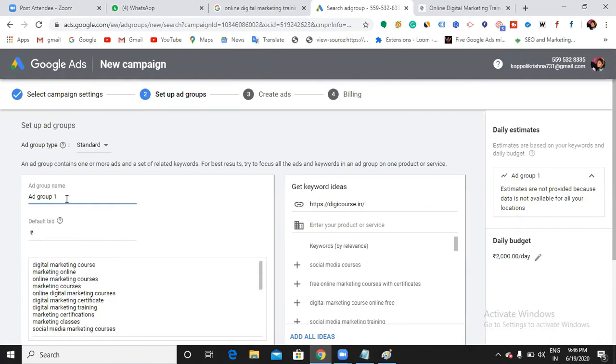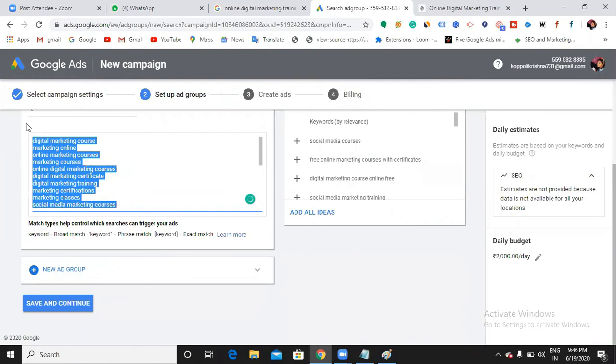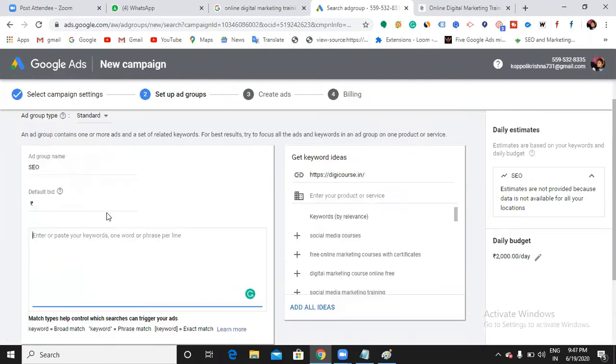First of all, give a name for your ad group. This is what ad group means. I just want to give an ad group name like SEO. Next, here you need to insert the keywords for which you want to show the ad. Let us say I want to show the ad when someone searches for SEO training in Hyderabad,